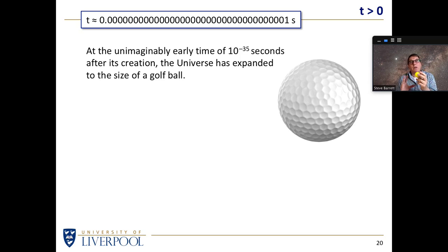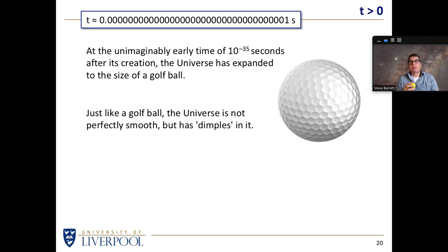But that appears to be the best theory we've got as to how the universe expanded from the early days to this unimaginably small length of time later. This analogy of thinking of the universe as being very compact, I tend to think of it as a golf ball, which is very convenient because the universe had dimples in it, just like a golf ball has dimples. Okay, it's not quite the same thing, because in a golf ball the dimples are simply in the surface of the golf ball. In the universe, the dimples are analogous to the small variations that we have in the universe.